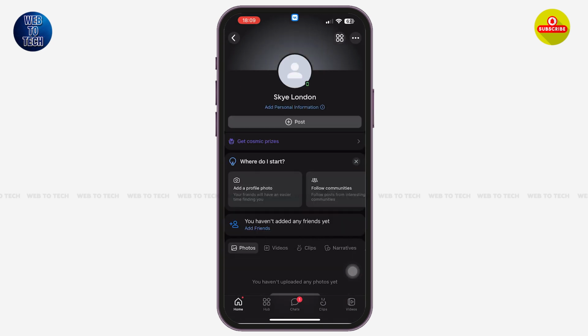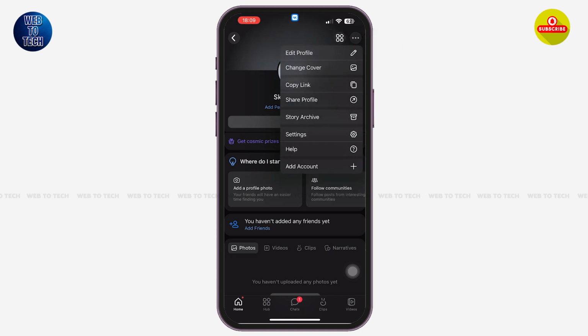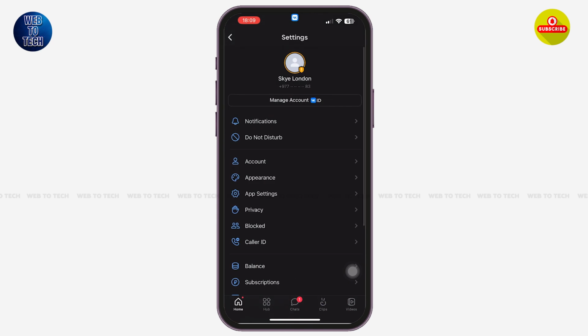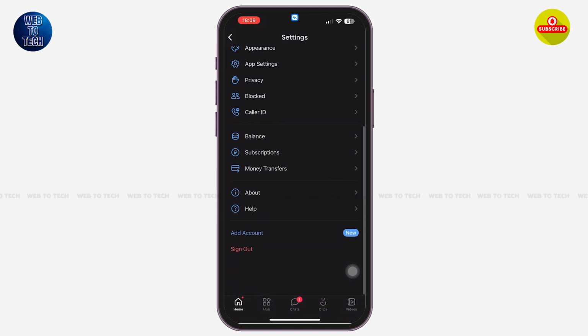Now at the top right corner of your screen, you can see 3 horizontal dots. Simply tap on it. With that, you'll see various options. Now simply tap on settings with the gear icon on it. Here we go. Now once you are on the settings page, simply scroll down to the bottom